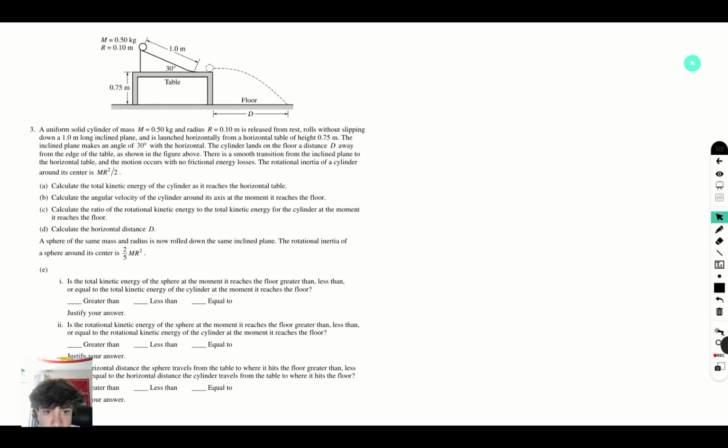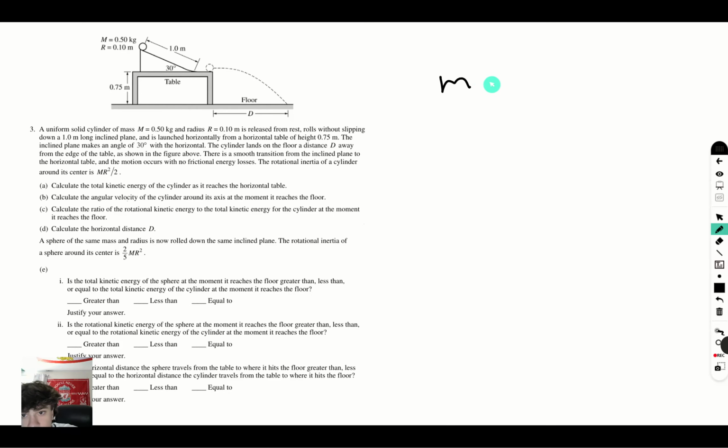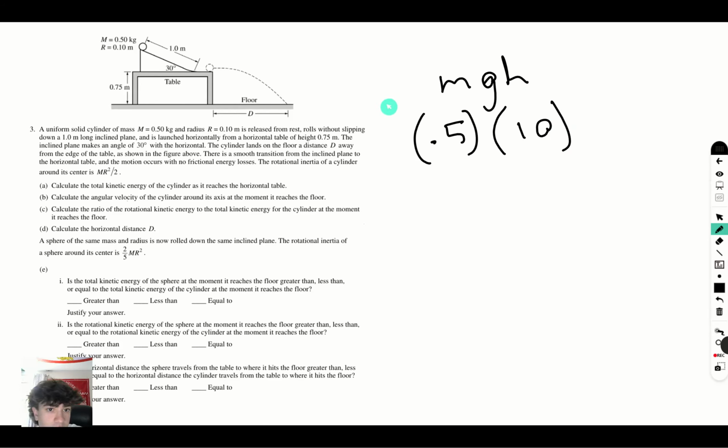And as we can see here, the kinetic energy is going to be equal to the potential energy that is transferred. So let's just find the potential energy that we begin with, which is, we know gravitational potential energy is mgh. Our value for m is 0.5 given here. Our g is going to be 10 and our h is going to be, we're not given an h, but